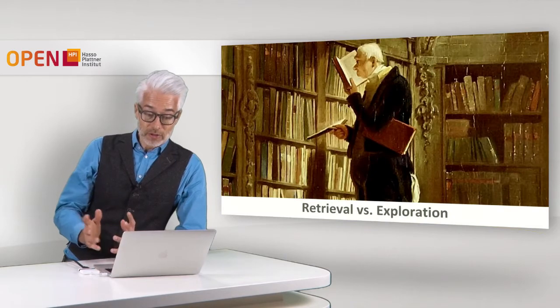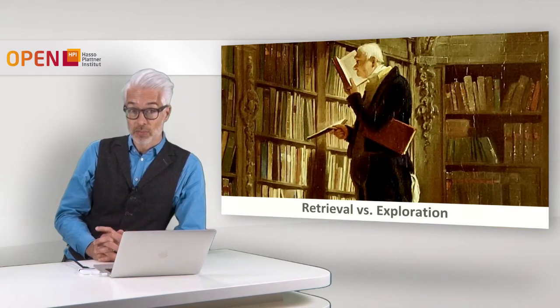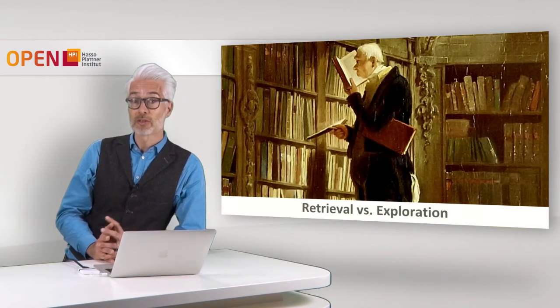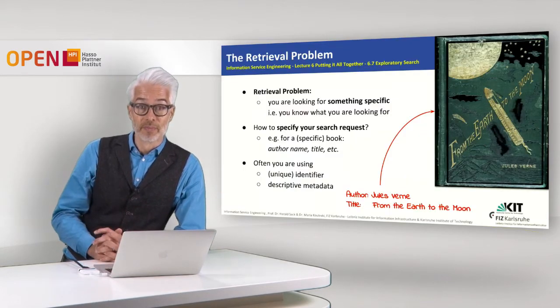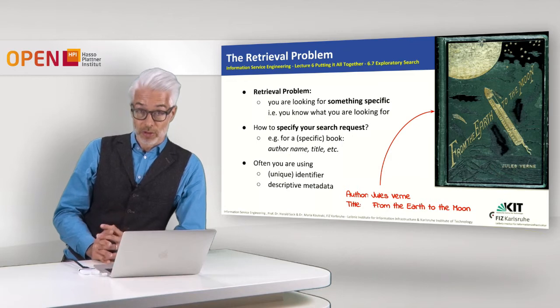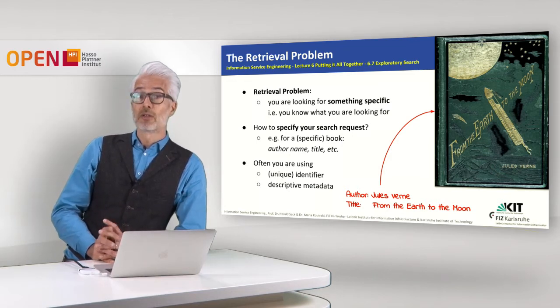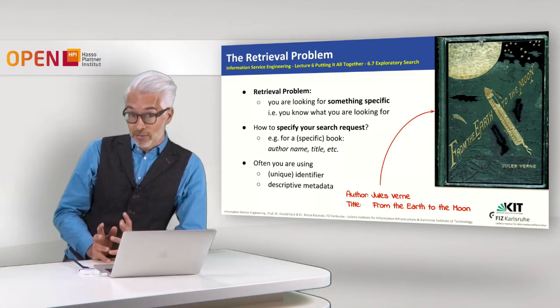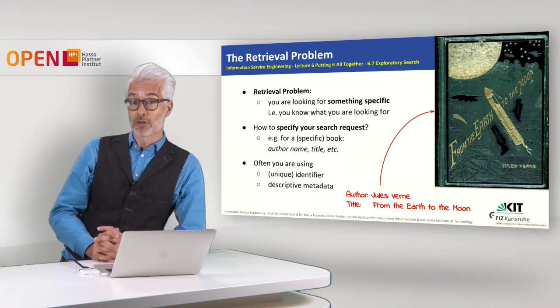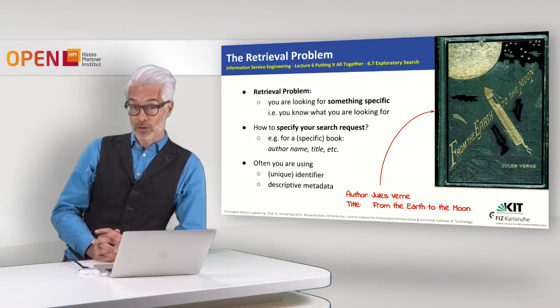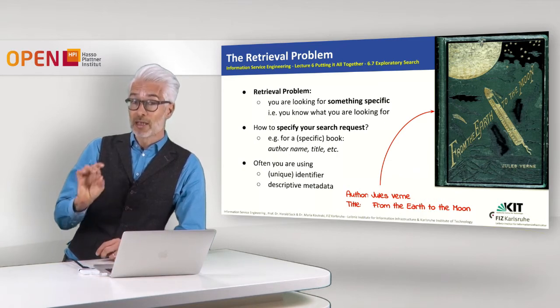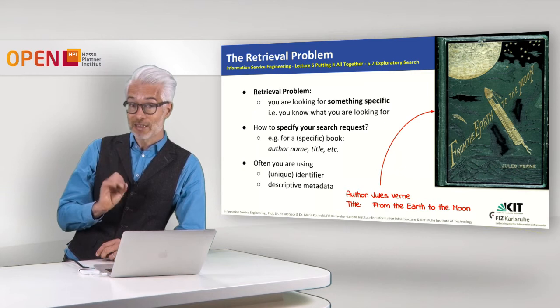But first of all, we have to distinguish pure retrieval from what is called exploration. So let's start with retrieval. Usually in a retrieval problem, you are looking for something specific. This means you exactly know what you are looking for. You just want to find it. This means you have to specify your search request to find, in a pinpoint way, exactly something specific,